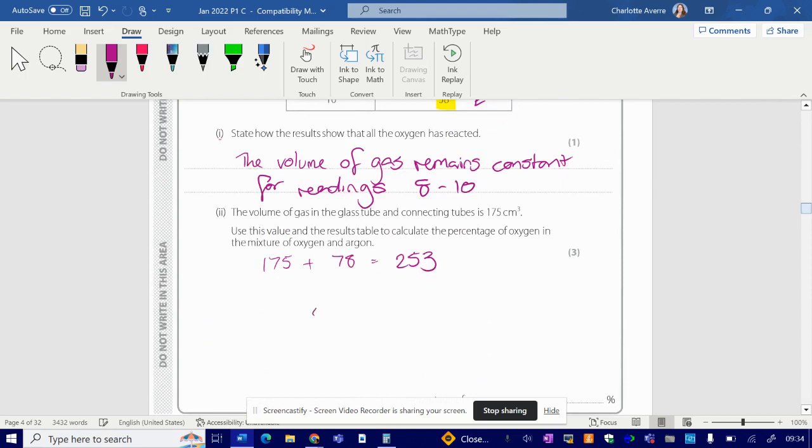So I am going to do 20 divided by 253, and it wants the answer as a percentage, so multiplied by 100, and that should give me 7.9%